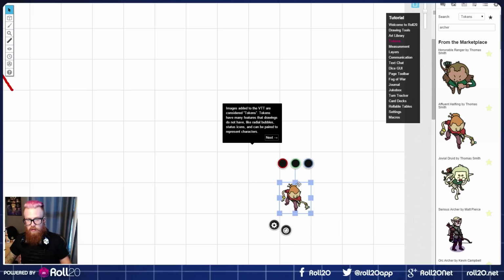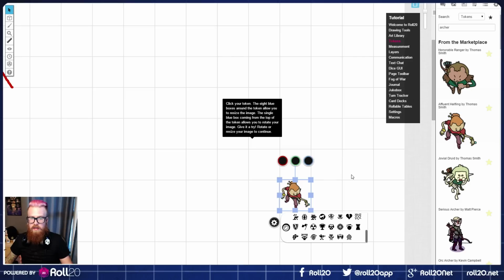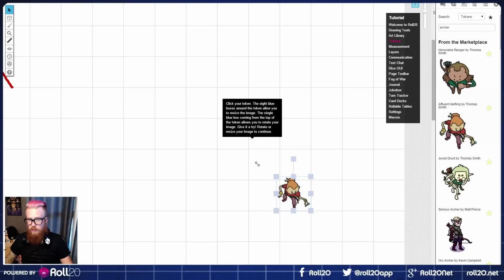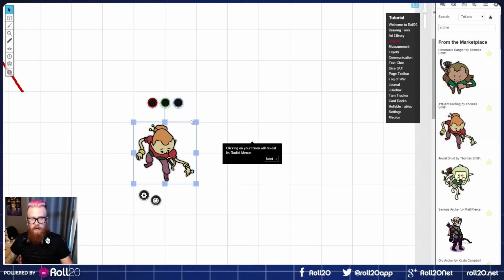But with this character, you can see I got little bubbles up top. I got a little option here. I can add some additional stuff. So let's look at what that does. Obviously, we can resize the token. So this is like an ogre-sized halfling. We can also bring up